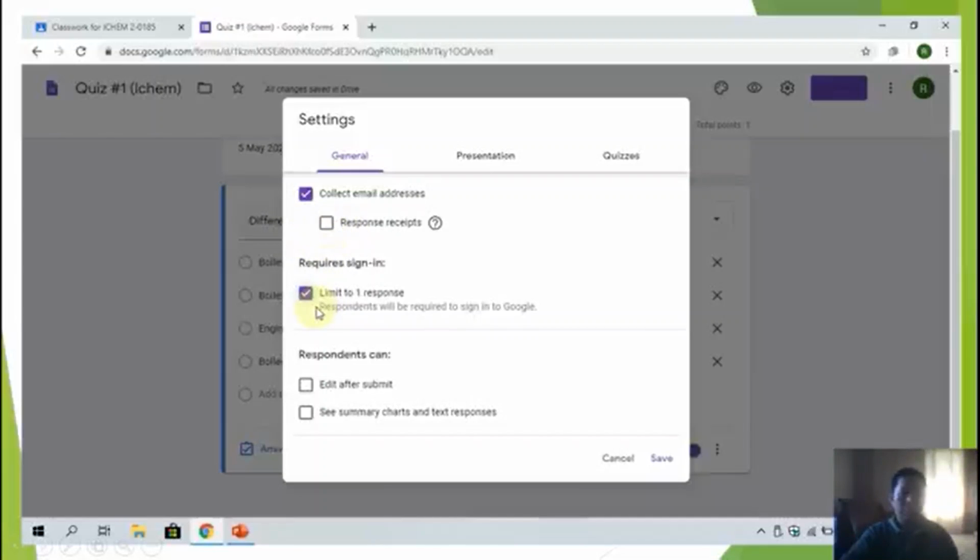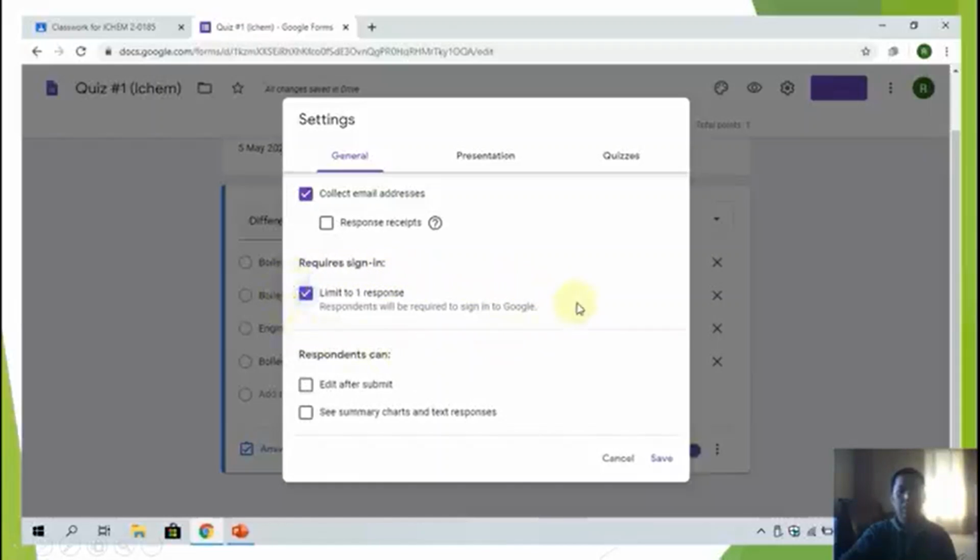So don't forget to check also the limit to 1 response, because if you forgot to check this, they will do the exam repeatedly, and for me, I don't like that.